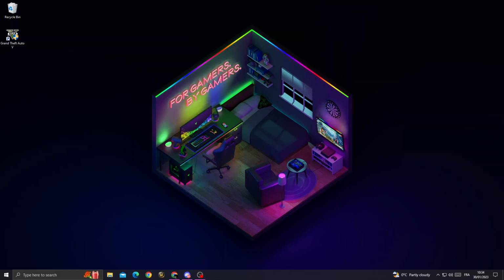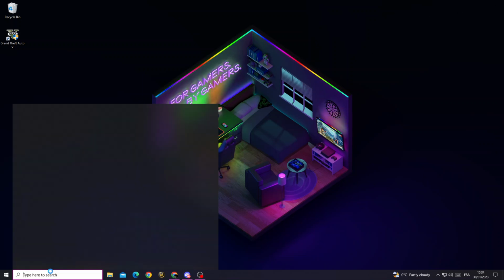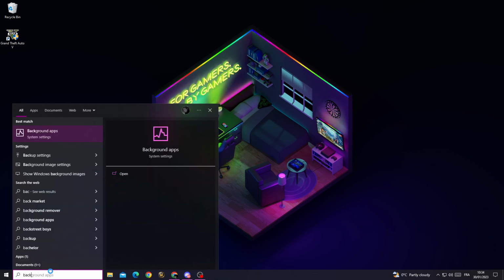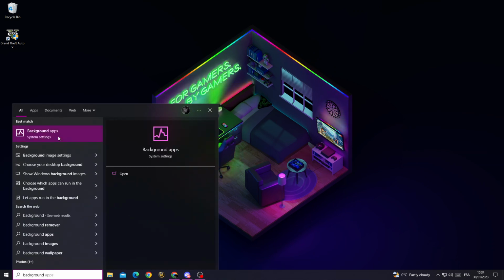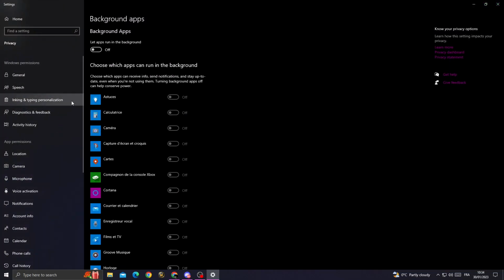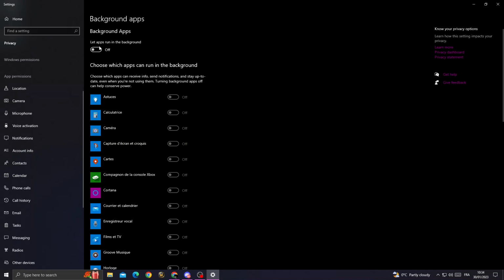How to fix GTA 5 stuck installation, easy and quick. If you want to fix it, it's easy. Type here background apps, click on it, and then just make sure to turn off background apps and go back,